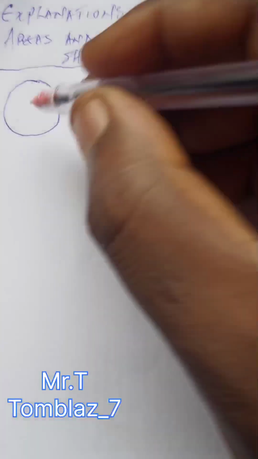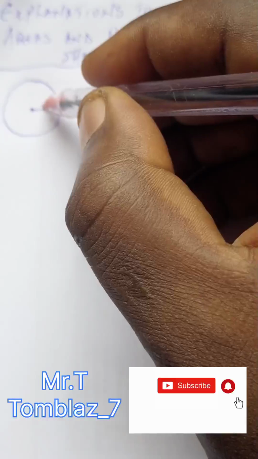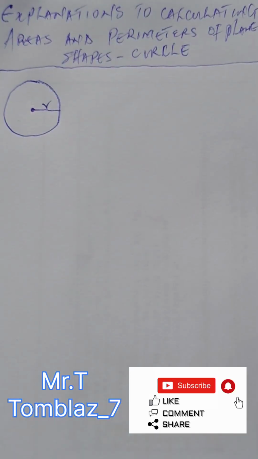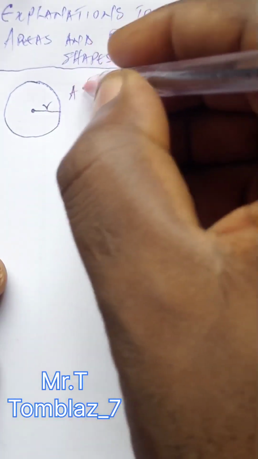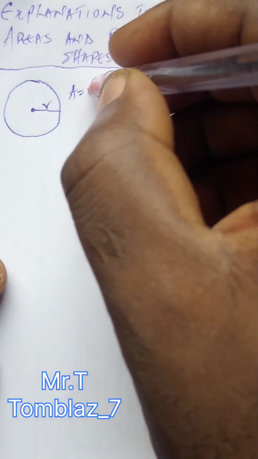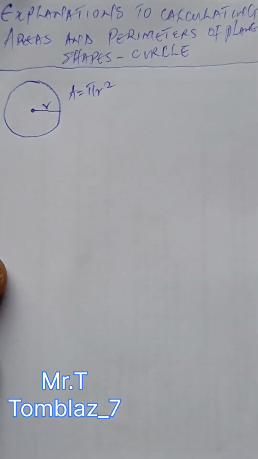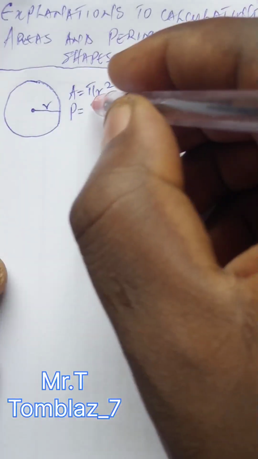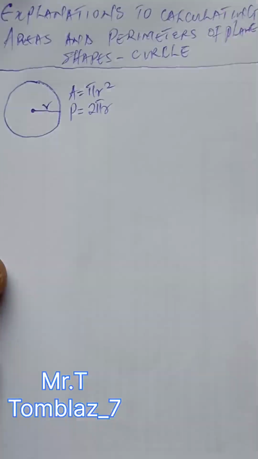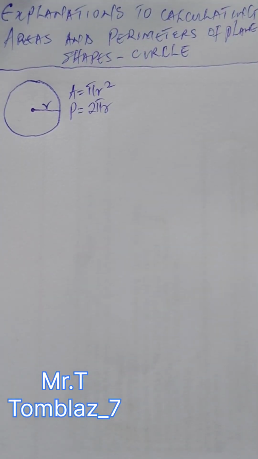And we know that it has a center, and the distance from the center to any part of the circumference is called its radius, right? So if we know that, we also recall that the area of a circle is given by pi r squared, and its perimeter is given by 2 pi r. Now these conditions are applied to